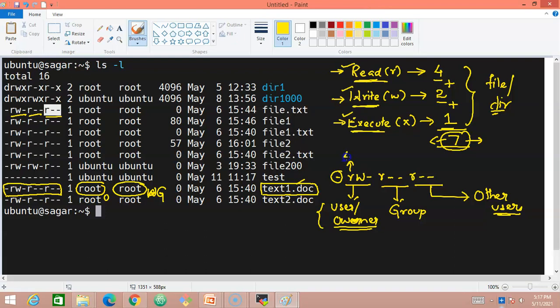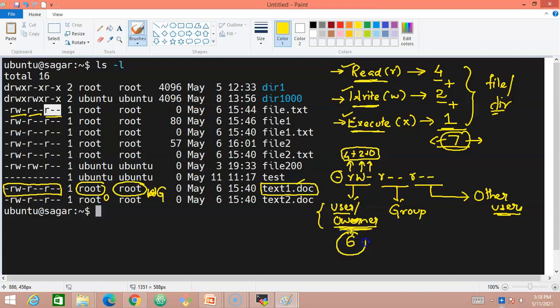Read stands for 4, write stands for 2, and execute is 0. When I add all these values, it sums up to 6. So the total numerical value of the user or owner is 6.